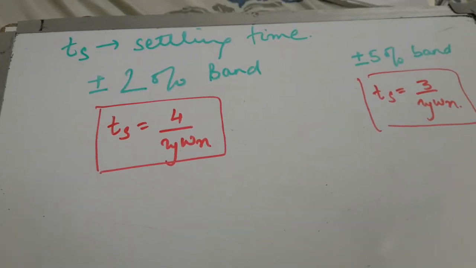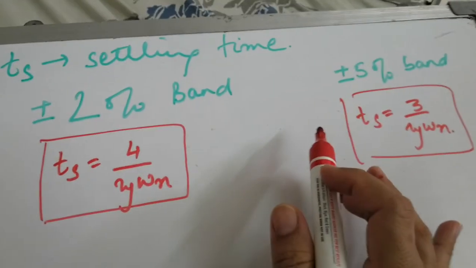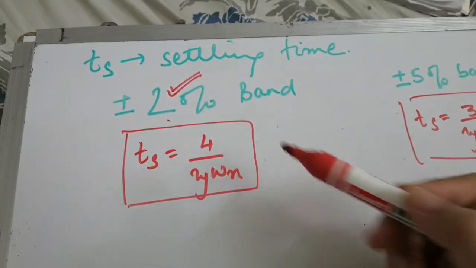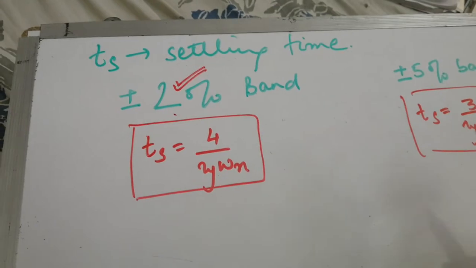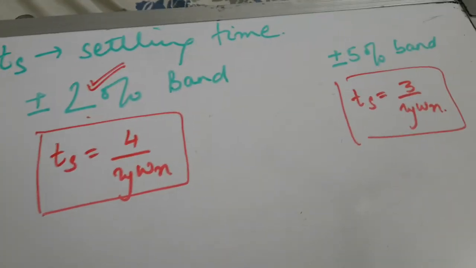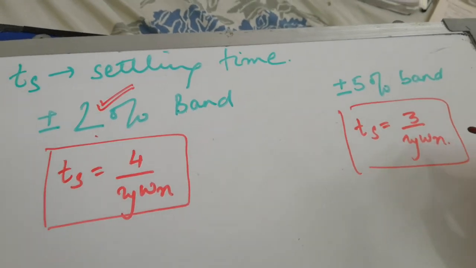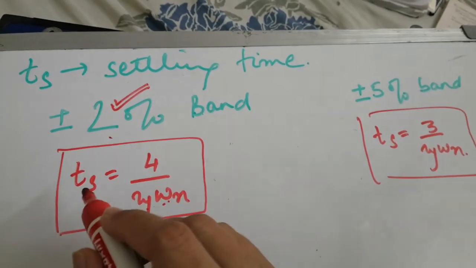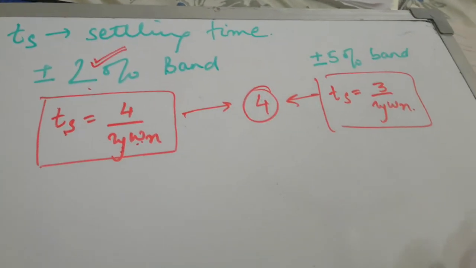So now we come to our last expression, and that is of settling time. We don't have to do the derivation of it, we only have to remember the formula here. In general, we always use the 2% band, that is, when the output settles within plus minus 2% of the actual output that we want, then we use the formula Ts equals 4 upon zeta omega n. But for the plus minus 5% band, sometimes given in the numericals, you have to use 3 upon zeta omega n. So these are the two parameters that we require for calculating our settling time. Just mark these two as your fourth formula that we are going to use in your numericals.